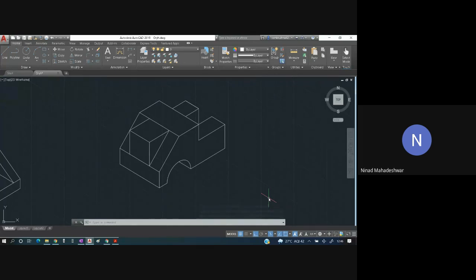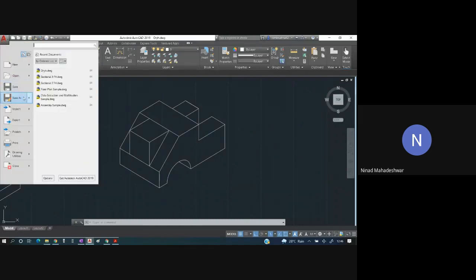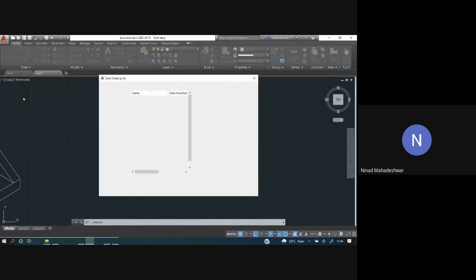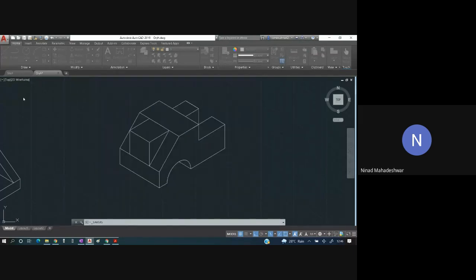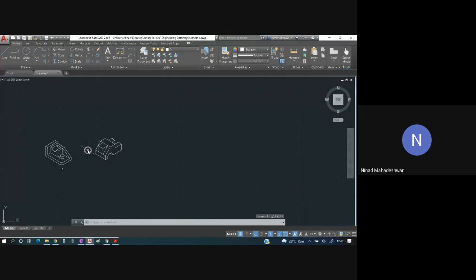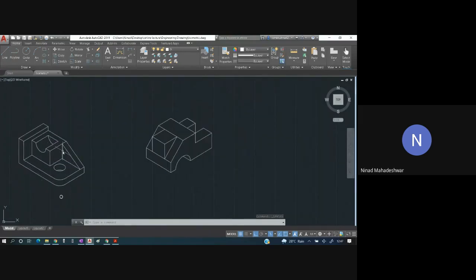Okay, students, have you understood this? Yes, sir. Okay, practice these two problems again and again. So I'll just rename this, save as this is isometric. Okay, these two problems, ये अच्छे से करो. यही एग्जाम में आने वाला है in your practical exam also and in your unit test exam from isometric projection.